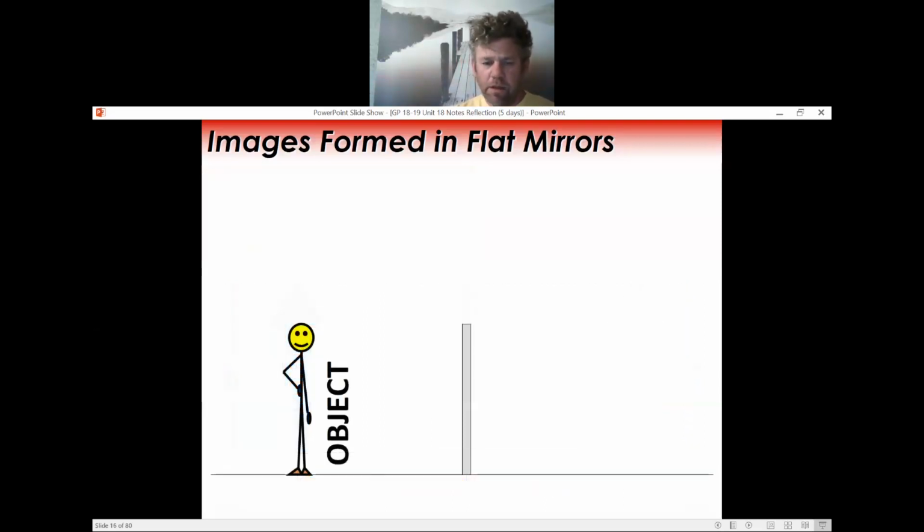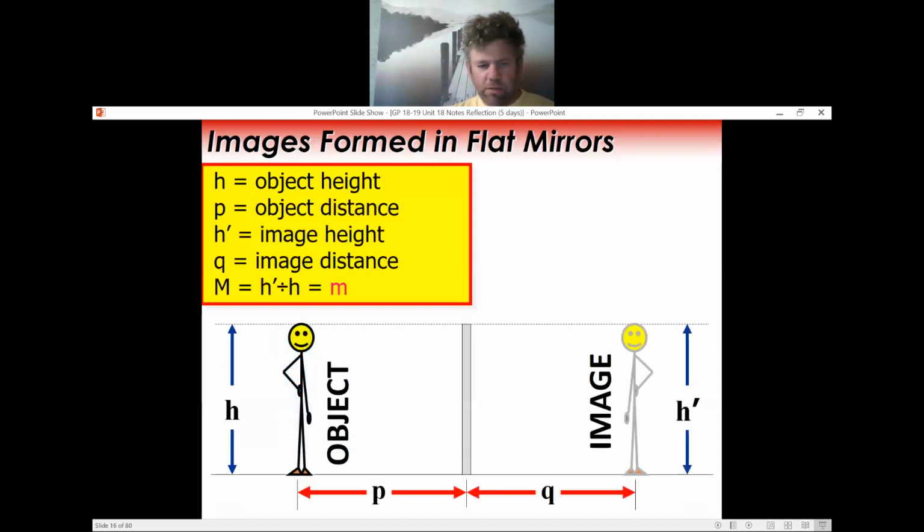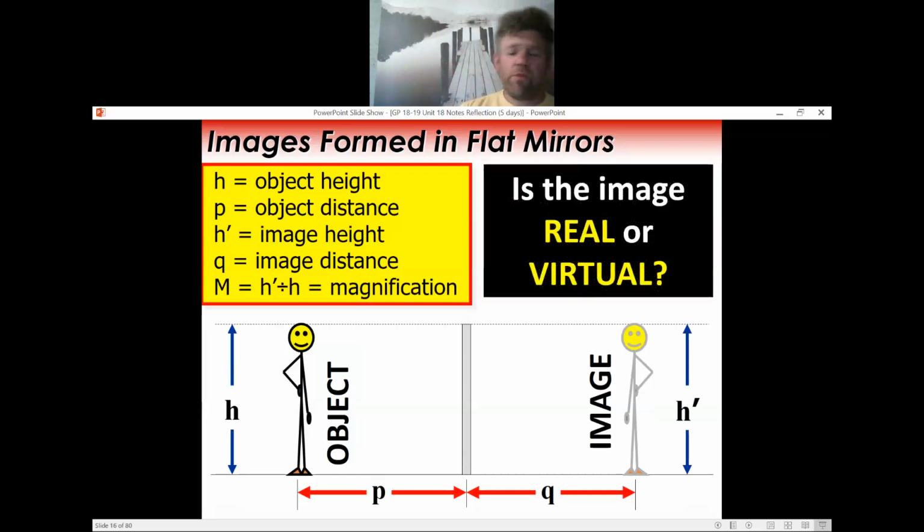So, like we talked about, P is all about the object. H is all about the object. Q and H prime are all about the image. And again, we can use these concepts later on to determine some stuff out of this. So then we ask the question,